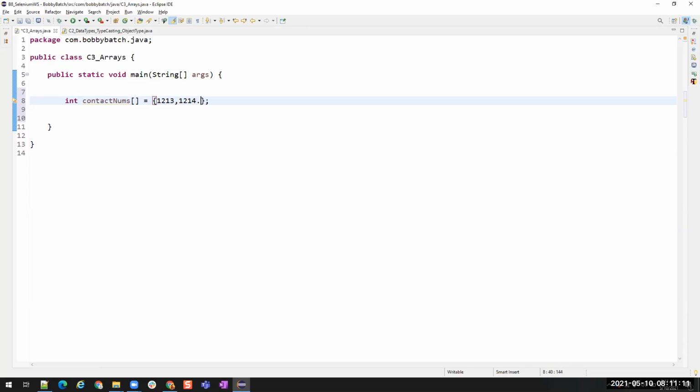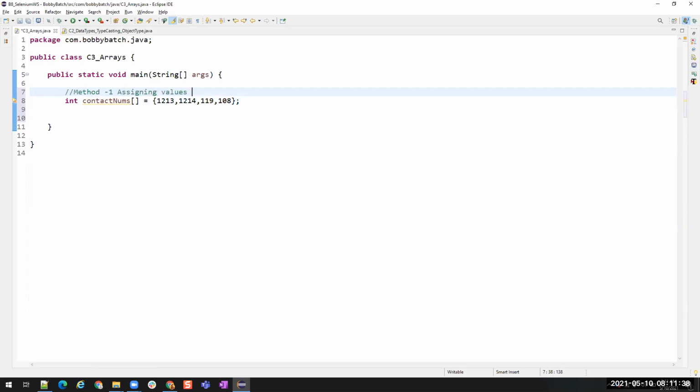Or 1, 1, 9. So these are all the contact numbers. For example, 108. See, I'm able to store all these values inside this array variable. This is method 1. What is this method?